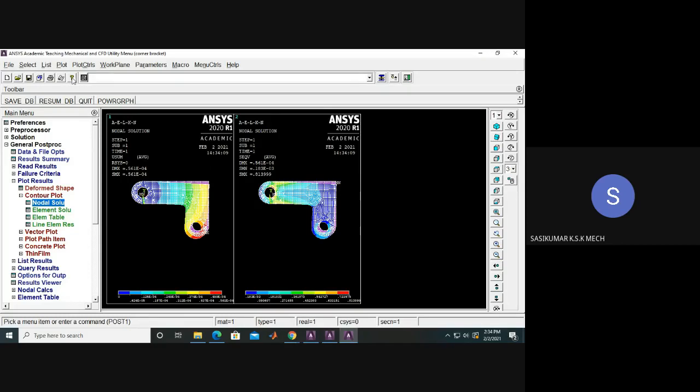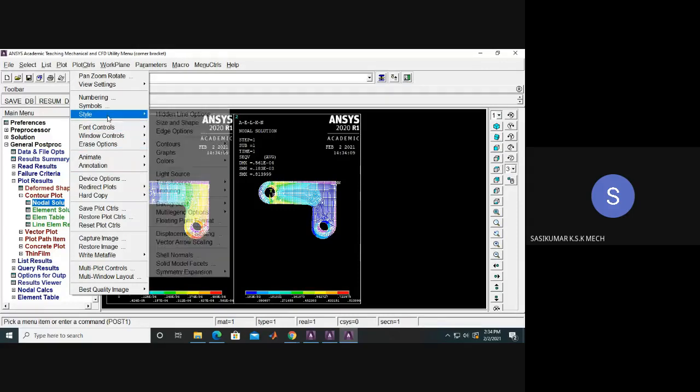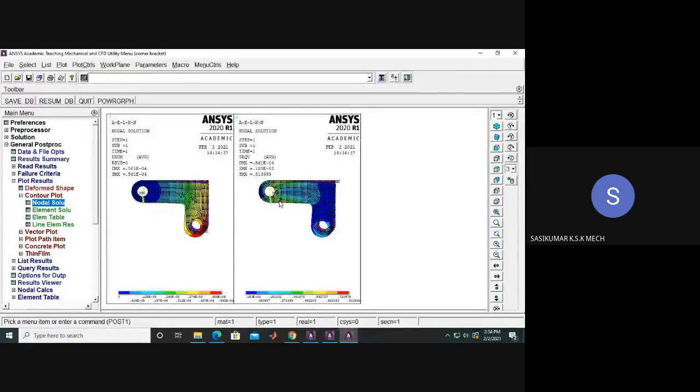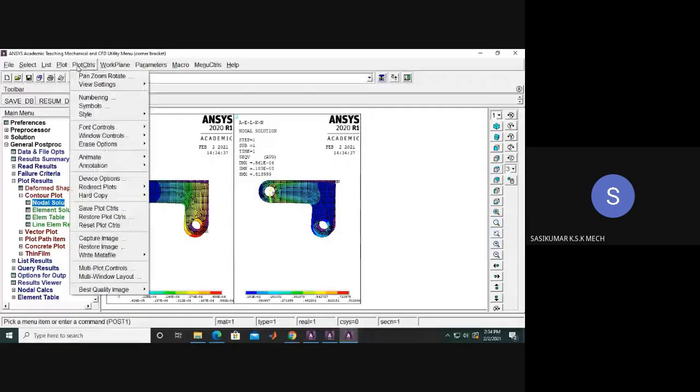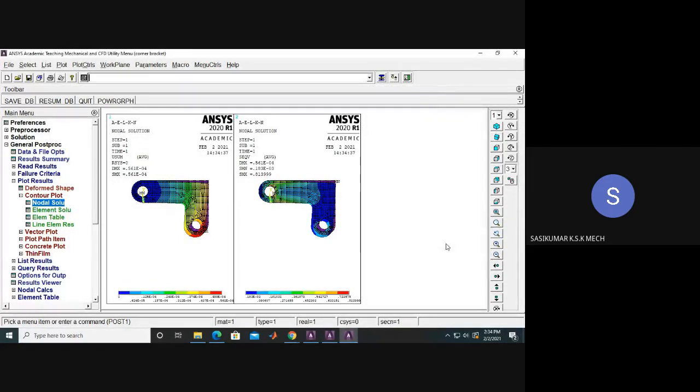Okay, so to make a printout of it, go to the plot control, hard copy. Before that, you change the style, colors, reverse video. Okay, so you can get hard copy to file, set image, you just give OK.